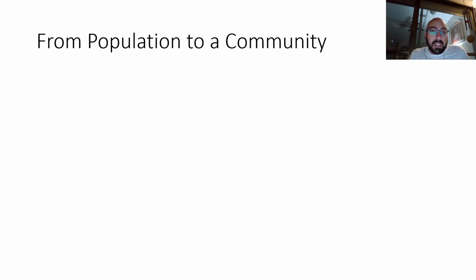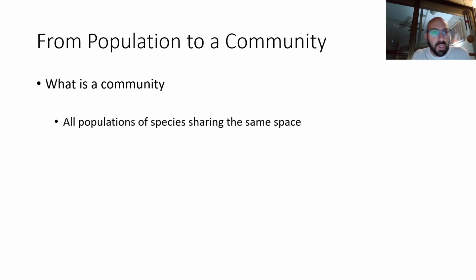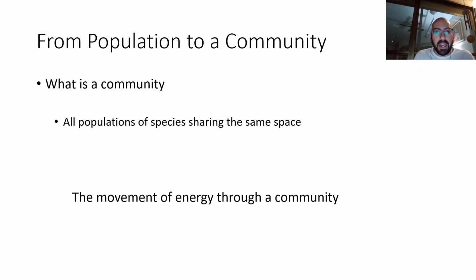So, just as a review, we've already gone over the majority of the first few slides here, but I want to make sure that the information is captured and that we don't lose information I'm sure you have forgotten over the break. So what is a community? It is a number of populations of different species that share the same space. And what we tend to measure in community biology, when we're thinking about communities, we're thinking about diversity, the number of species that exist in the system. Really what we're interested in is the amount of energy that is stored in the community and how it passes through.